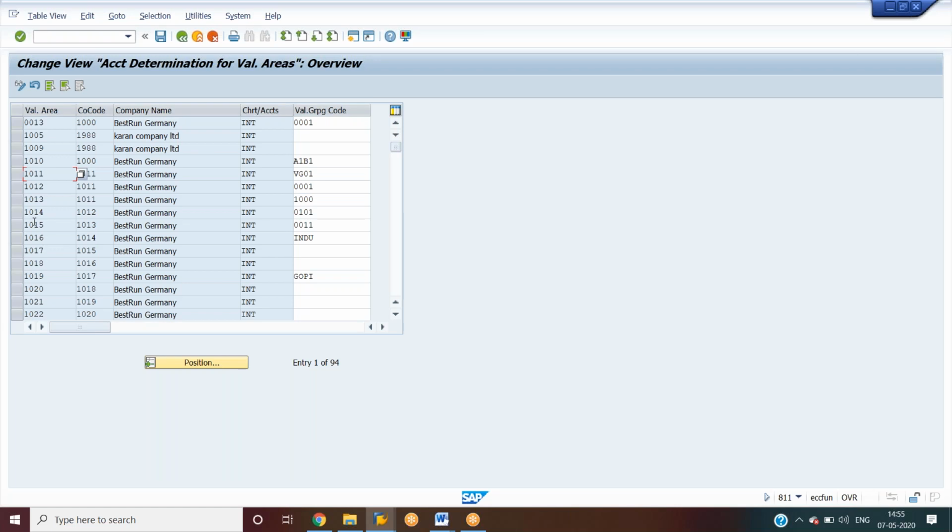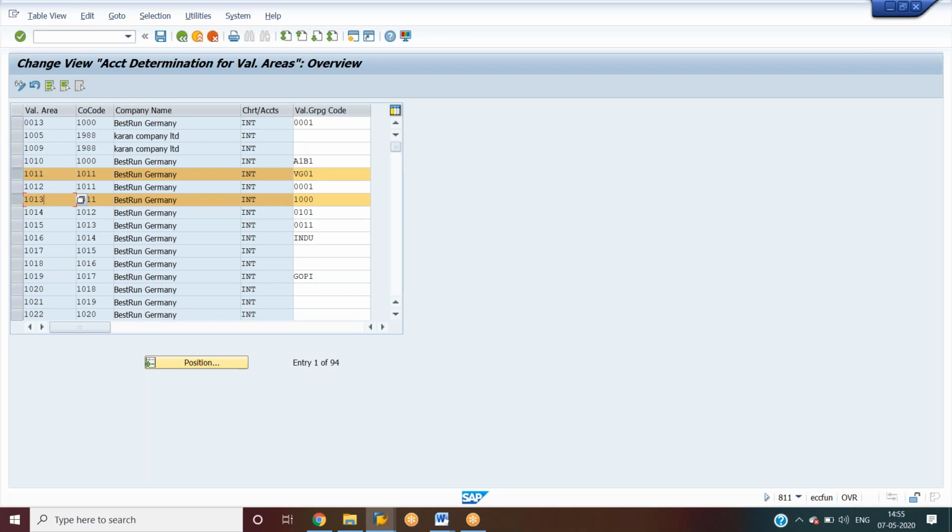Let us say this is the company code 1011111100. Under this company code we have 3 valuation areas, nothing but 3 plants. If we group these valuation areas, we can reduce the number of GL accounts. If we do not group these valuation areas, we'll see what will happen.